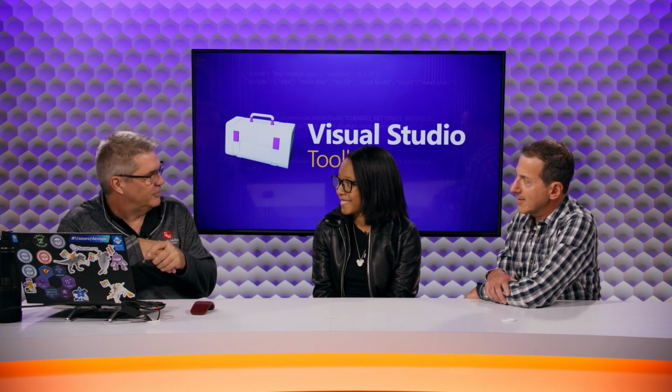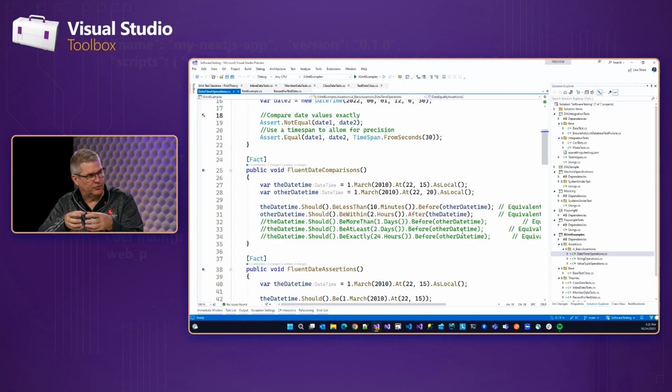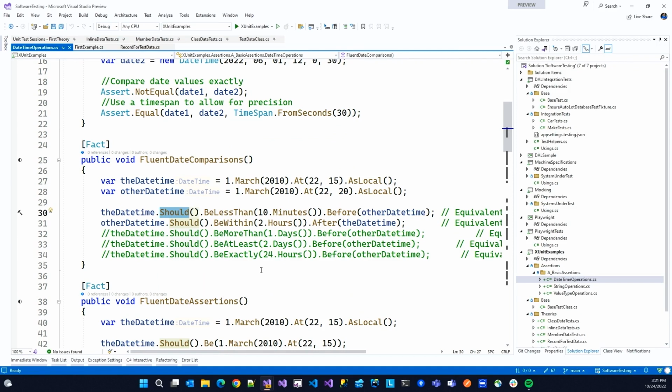So we have what's called the Fluent assertions, and it's an additional package you can bring down. And what it does is brings in additional assertions. Now this is irregardless, I don't think that's a word, but I'm going to use it anyway. Irregardless of test framework, it's just a set of assertions. So you don't even have to be in a test framework. If you want in your code to assert that something is true, you can use the Fluent assertions. Now it's typically only used with a test framework, but it gives us what we would call a Fluent assertion.